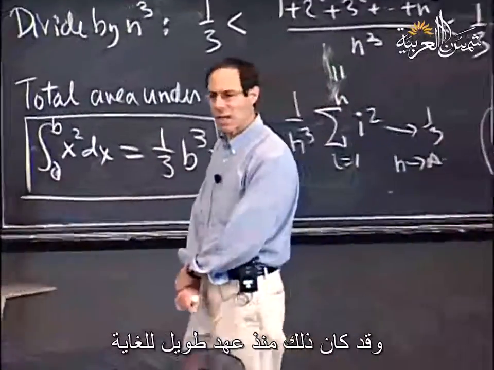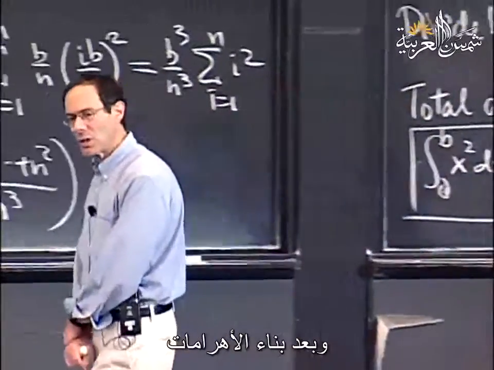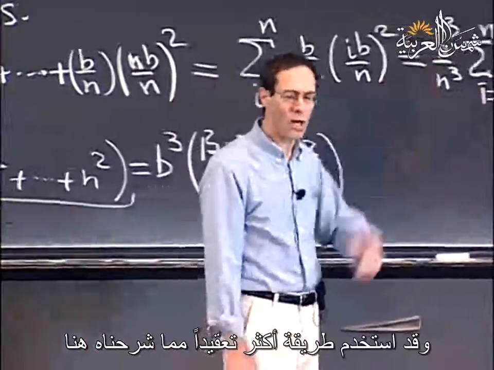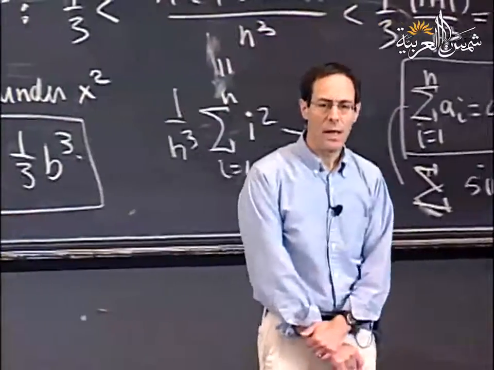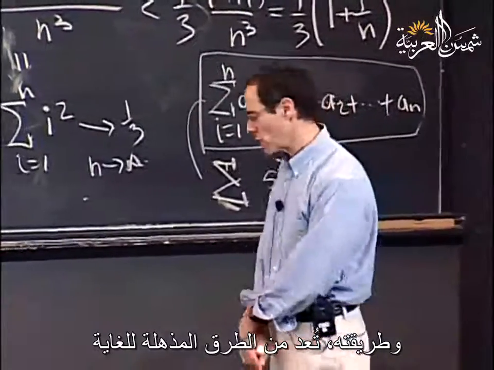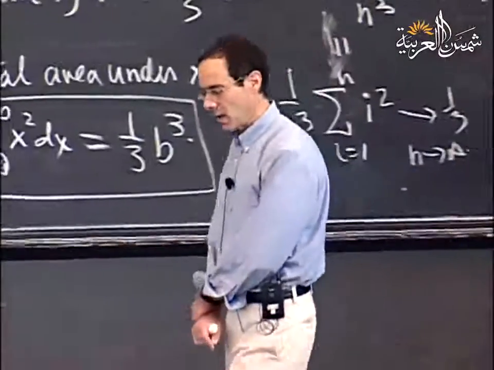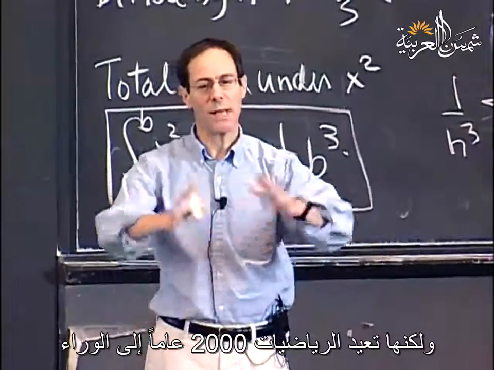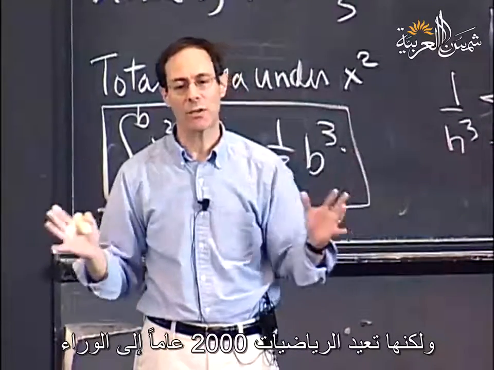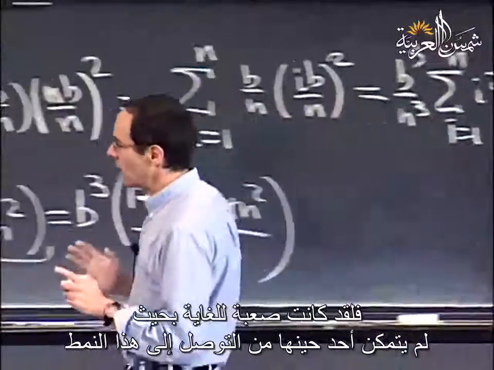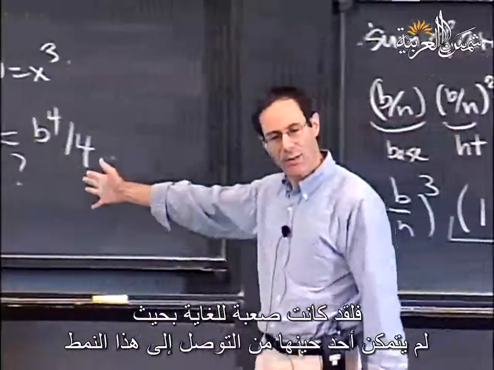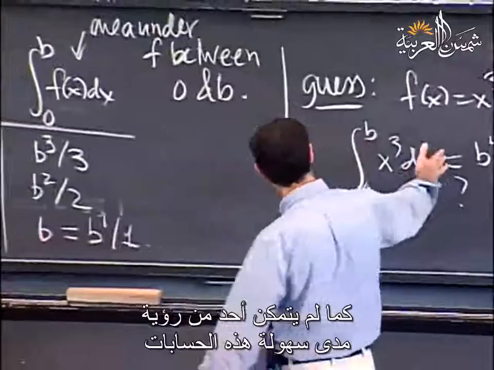So that was a long time ago. It was after the pyramids, and he actually used a much more complicated method than I just described here. His method, which is just fantastically amazing, was so brilliant that it may have set back mathematics by 2,000 years. Because it was so difficult that people couldn't see this pattern